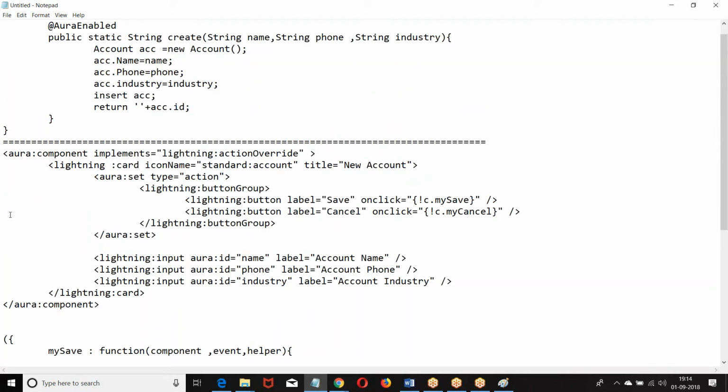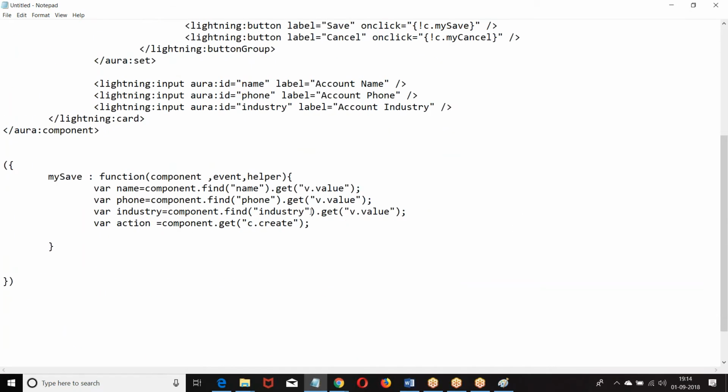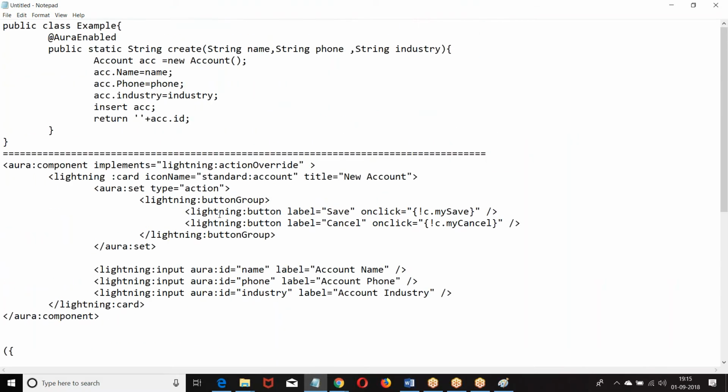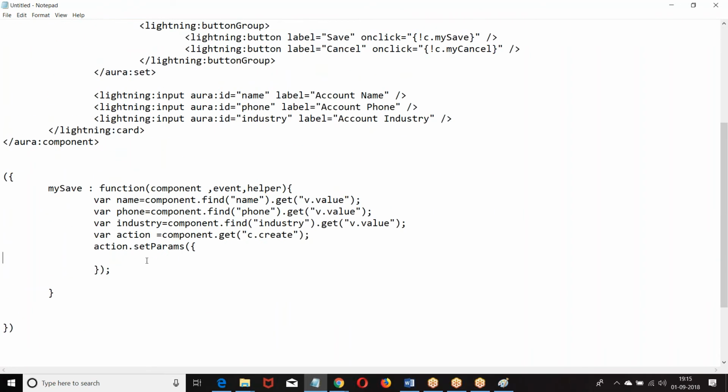Am I right? Create is the method invoked. Now for this method you are supposed to pass parameters. How do you pass the parameters? Action dot set, name, phone, industry.